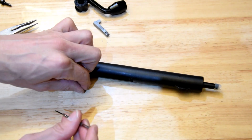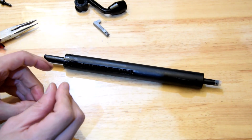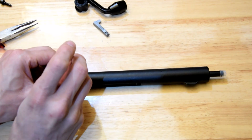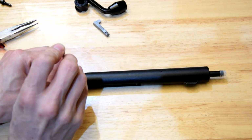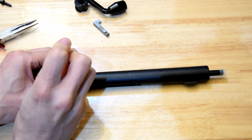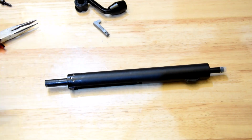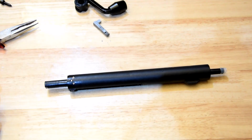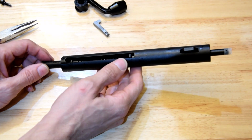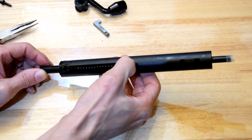I think that this would be nicer if it was aluminium, but I mean, we can't ask too much. Can't ask too much. I'm sure there's going to be some sort of aluminium upgrade available on the market for this. Now,